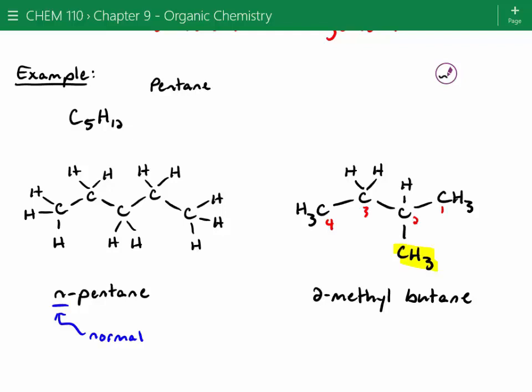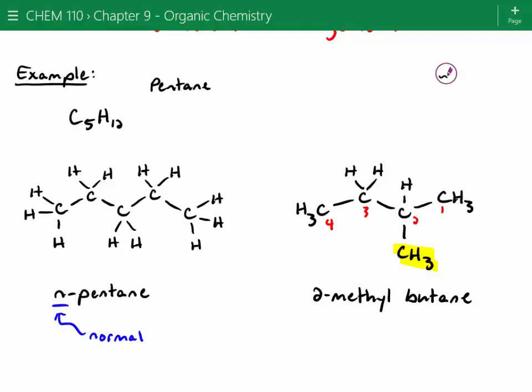Can it just be at the 3 position? So are you saying why don't we call it 3-methylbutane? Because you could just number it the other way. You could number it the other way, but there's actually a set of rules called IUPAC rules, and basically it's trying to make things as simple as possible for the global scientific community, and the rule is this number should be as low as possible. So 2 is smaller than 3, so we preferentially call it that.